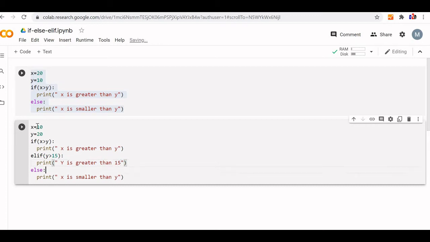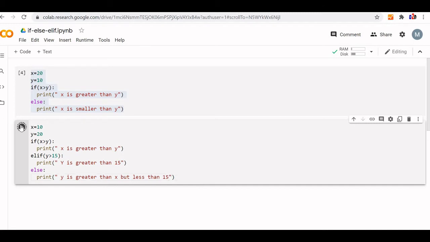Then else, you write, "y is greater than x but less than 15." Okay, fine. Let's see what happens.